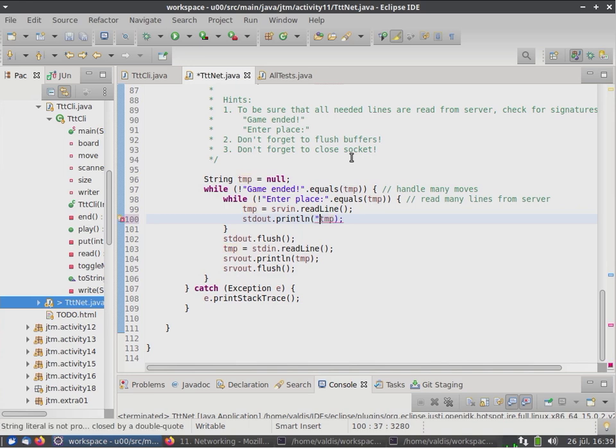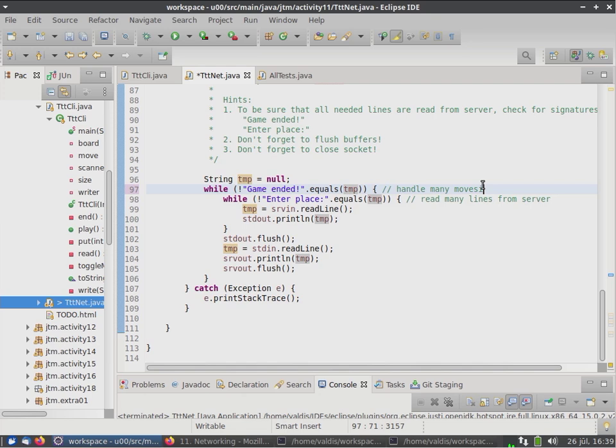We can add here from SRV, and here we can... from standard output we print only here, so that's where it goes into break. So what can we do? We can do another check mark here,